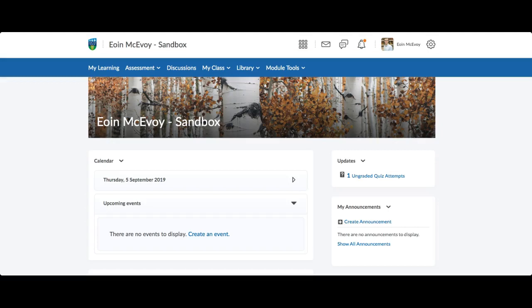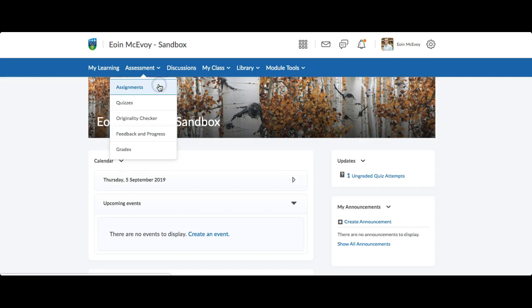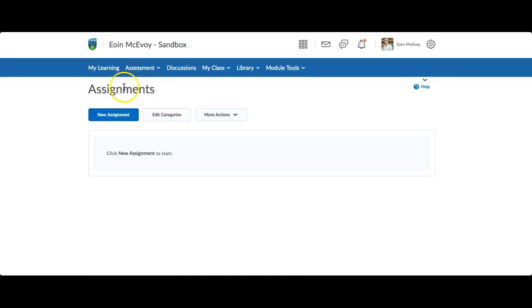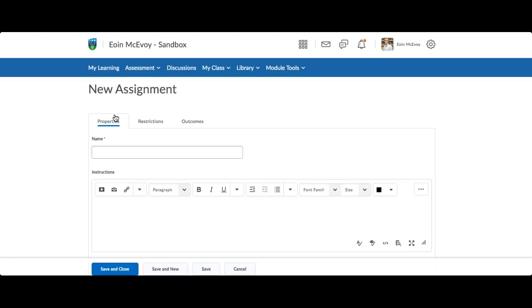To set up a basic assignment, you want to go to Assessment and then Assignments. In here, you click on New Assignment and you'll see three tabs at the top: Properties, Restrictions and Outcomes. Outcomes is currently irrelevant to our institution as it's switched off, but we will be using Properties and Restrictions to set up the assignment. But in the title of the assignment here,